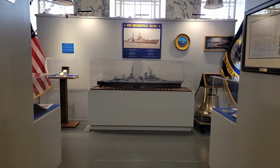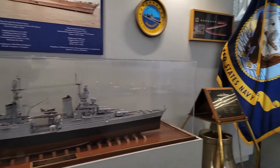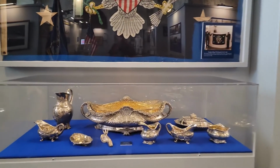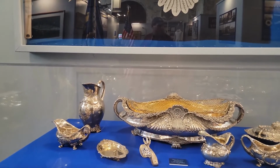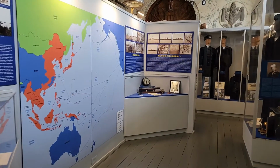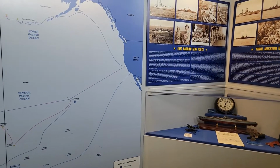This part of the memorial is dedicated to the USS Indianapolis. And here's a scale model of the Indianapolis. And as we move around this room, you can see some of the very ornate silver and dinnerware, which had been carried on the Indianapolis, but was removed during the Second World War and kept for safekeeping, and it's displayed here. And here we have a description of the Indianapolis's final mission, and that was when she carried the atomic